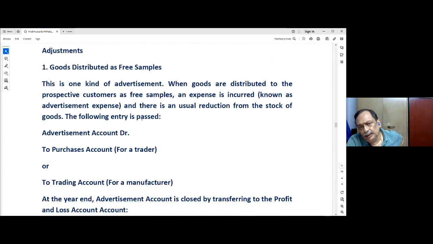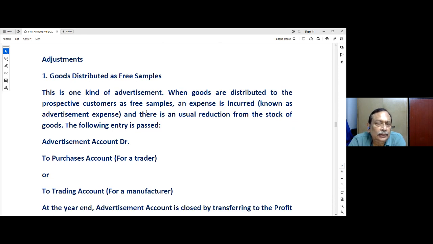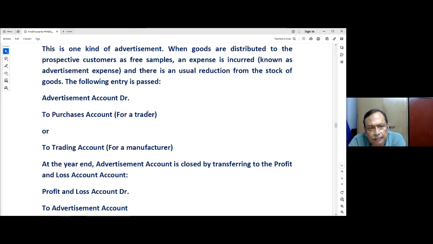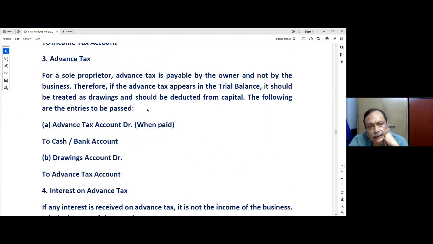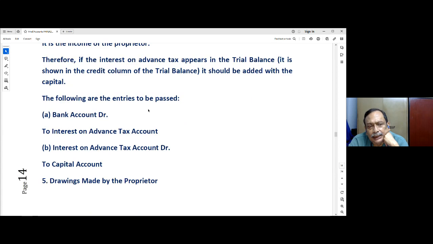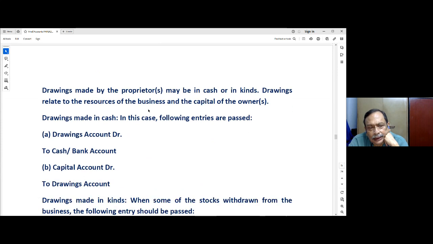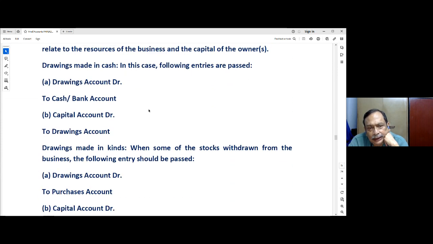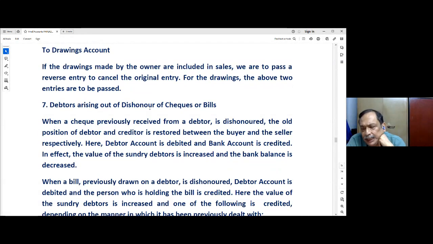And finally, the various adjustments that we are required to consider for preparation of the final accounts: goods distributed as free samples, income tax, then advance tax, then interest on advance tax, if any, then drawings made by the proprietor, drawings made by the proprietor in cash and also in kind, then debtors arising out of dishonour of cheques or bills,